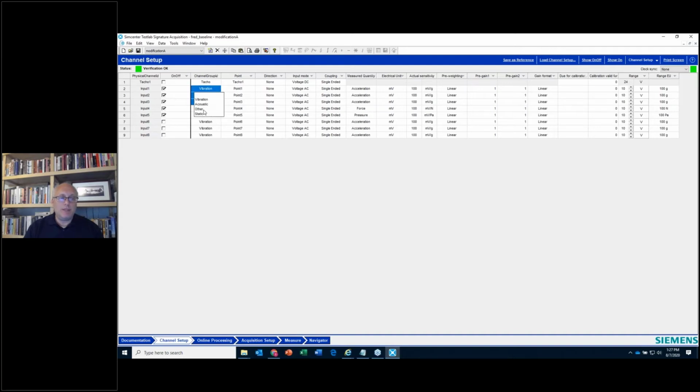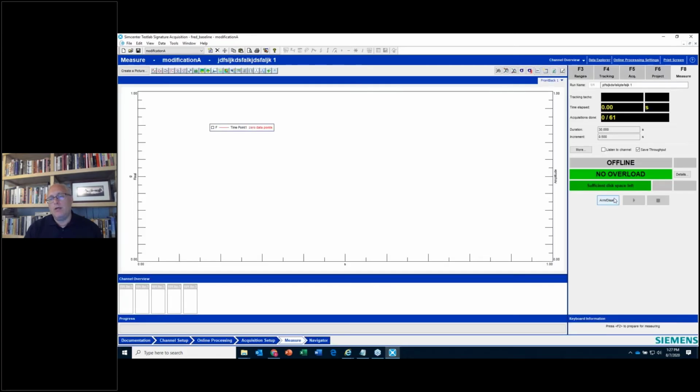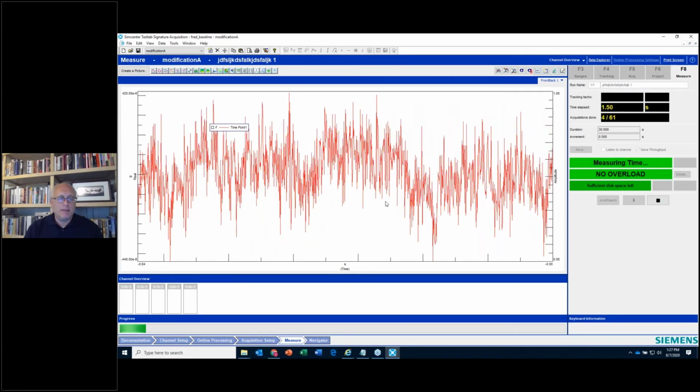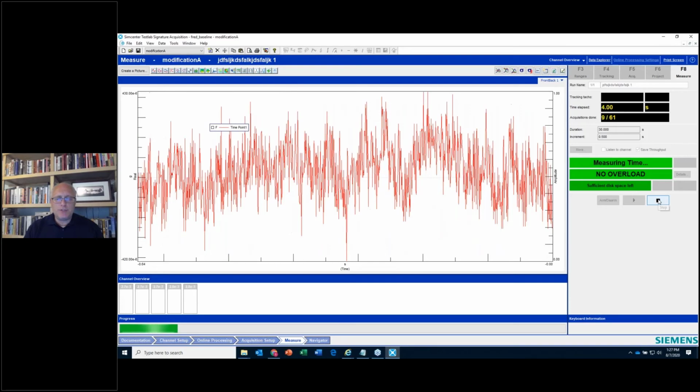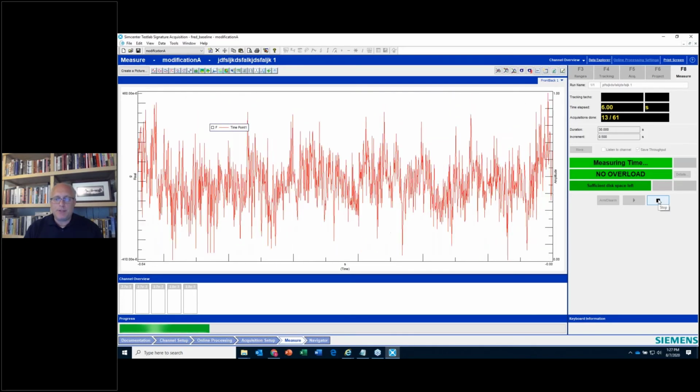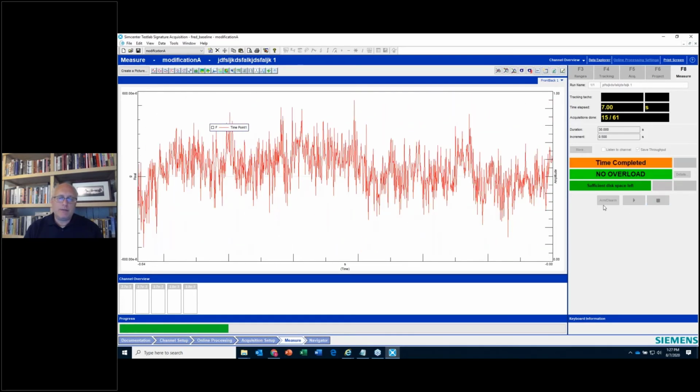That data can also be labeled other if you don't like the word vibration. Vibration and other have the same sampling rate. So that is a little checkbox under acquisition setup. If I go to measure, that data will have different sampling rates. An interesting thing that happens here is that